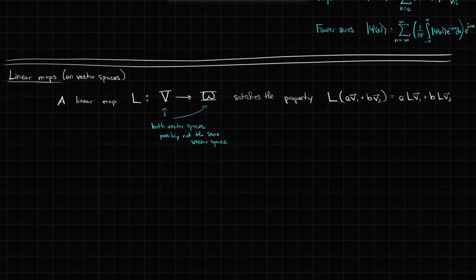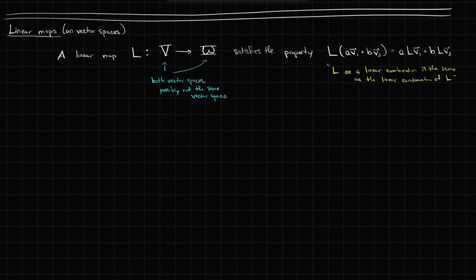So this should really be thought of as L on a linear combination is the same as the linear combination of L. So not all maps are going to satisfy this property. Let's look at just one map that does. f of x equals 3x satisfies this,